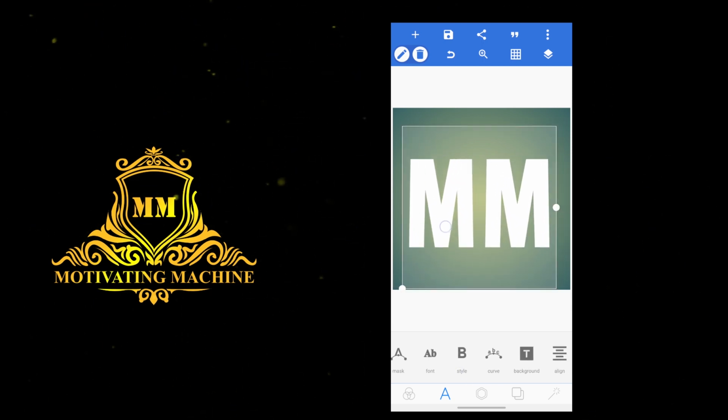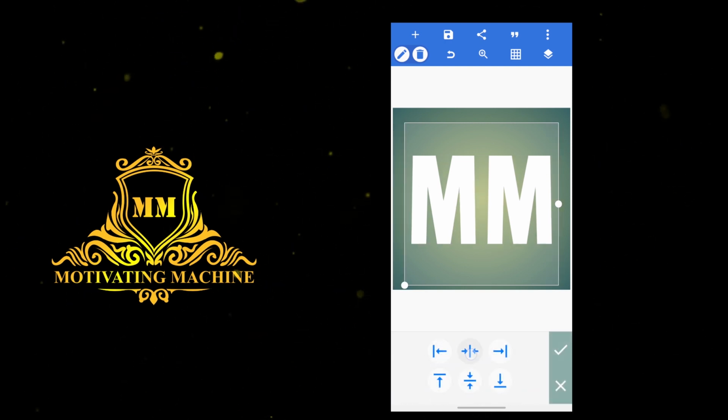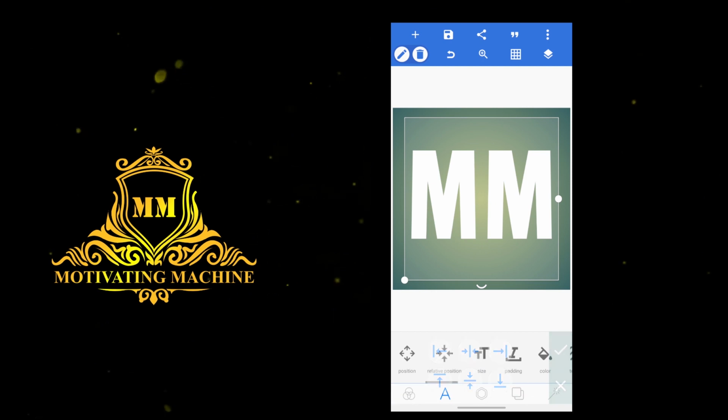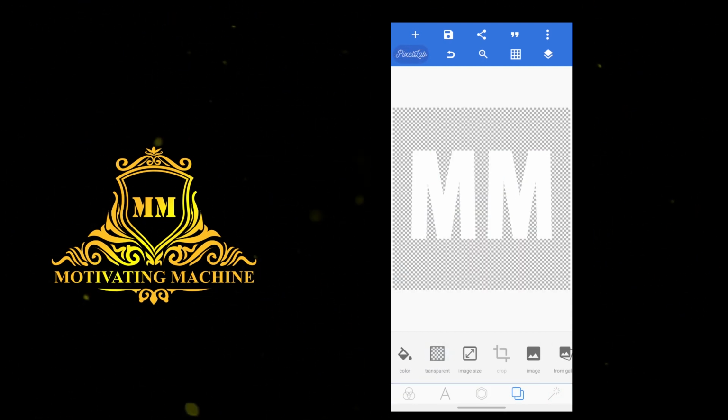Now align it on screen in the center. So the logo is also aligned. Now remove the background and download this logo as a PNG file so that the background won't be there.